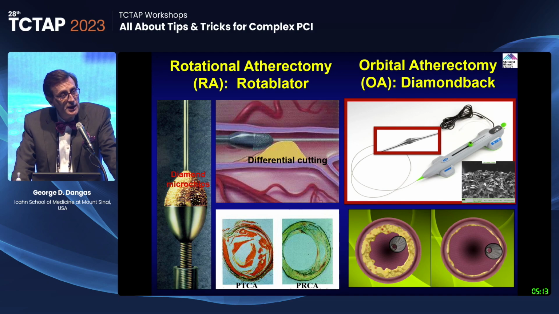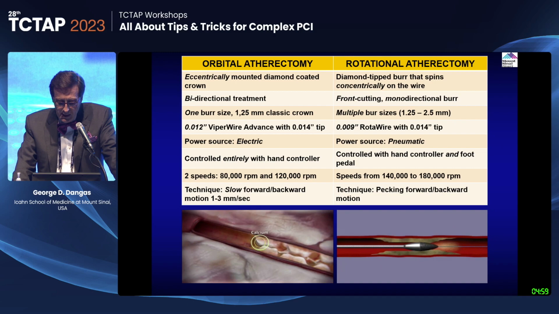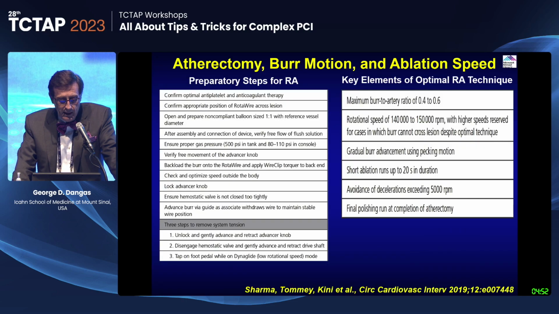Rotational atherectomy and orbital atherectomy, we move on into different techniques, different ways to treat the calcium. However, they both ablate in some way or another, and clearly severe calcium requires one of those, one can say. For rotational atherectomy specifically, you need to really know the technique as well as know the preparatory elements, to prepare as well as to avoid the complications, and particularly